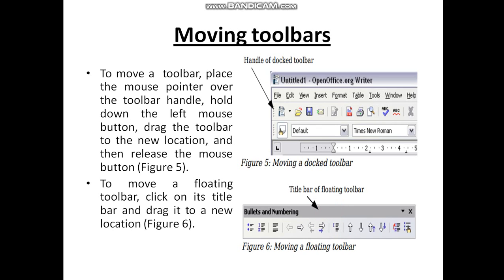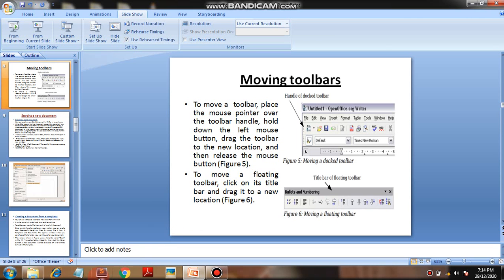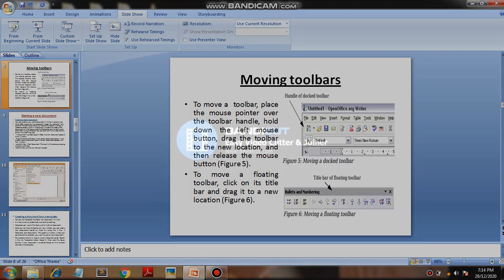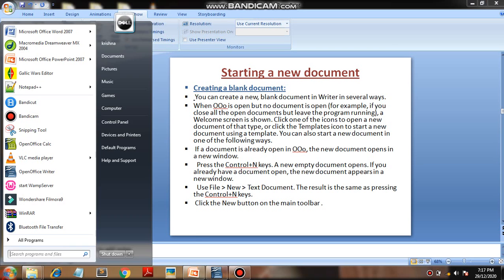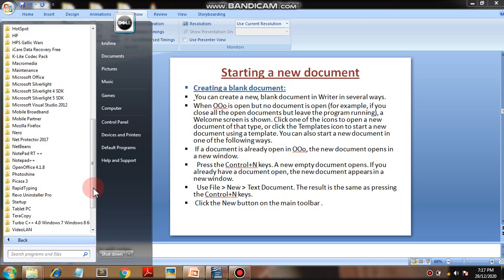Let's see practically. First of all, how to start OpenOffice Writer. On my computer there is a Windows operating system, not an Ubuntu operating system. So when we want to open OpenOffice.org Writer in Windows, first go to the Start menu, then All Programs, then go to OpenOffice.